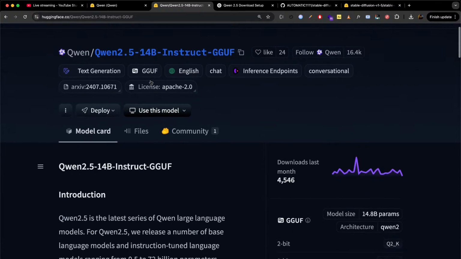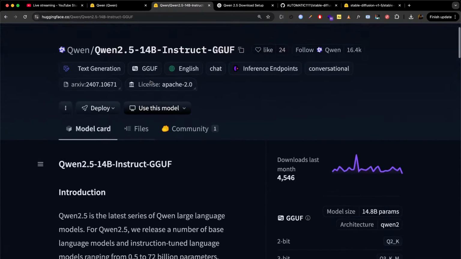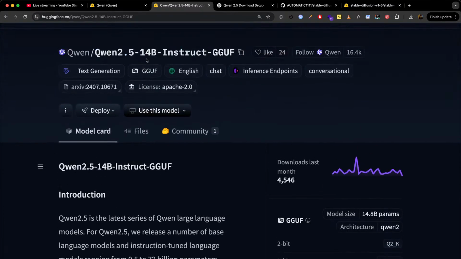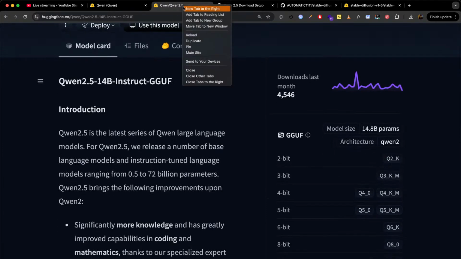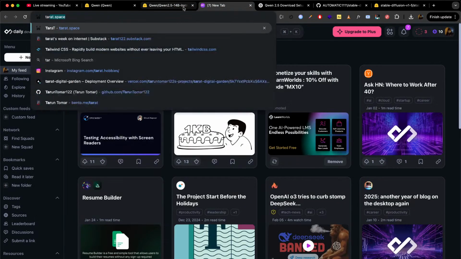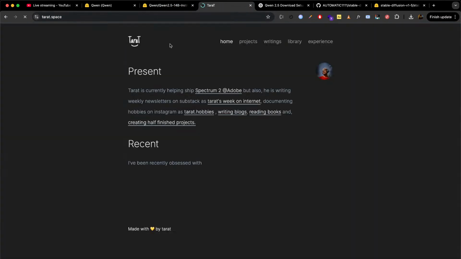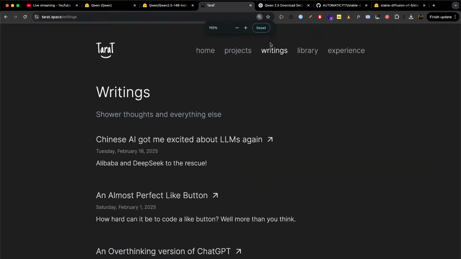I'm choosing the Qwen 2.5 14 billion model because my laptop doesn't have a GPU, so I have to stick to CPU. When you want to use a powerful LLM on your local machine, you should do this thing called